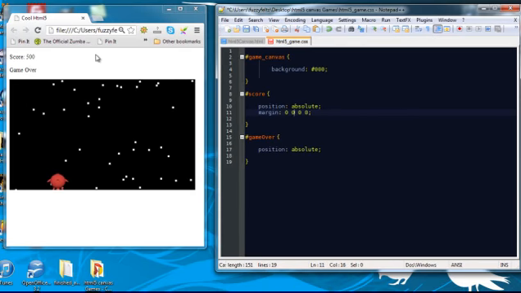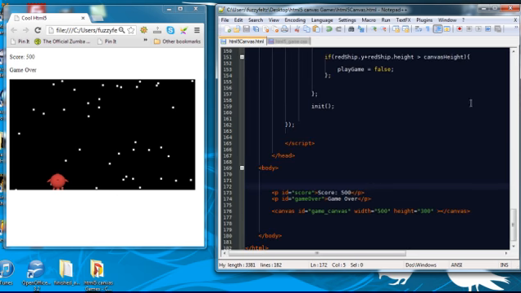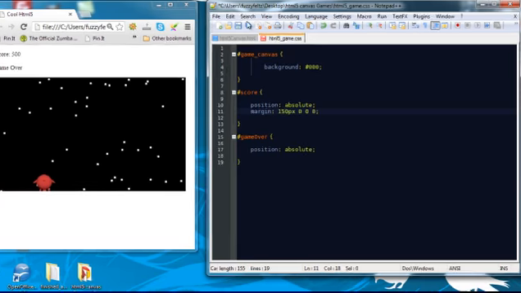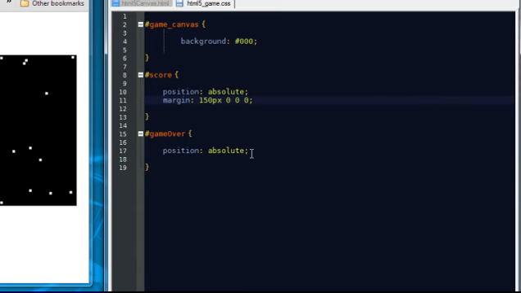We want the text to come right down to the bottom of the canvas here. Seeing as the canvas is 300 pixels in height, I'm going to put 150 pixels. That means score 500 is going to be 150 pixels from the top margin, and it's going to come down onto the canvas about here. So if I save that,